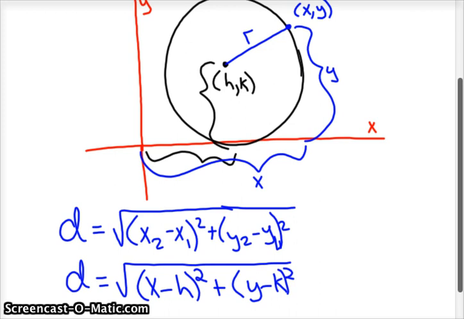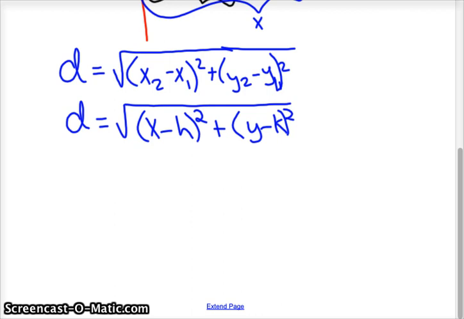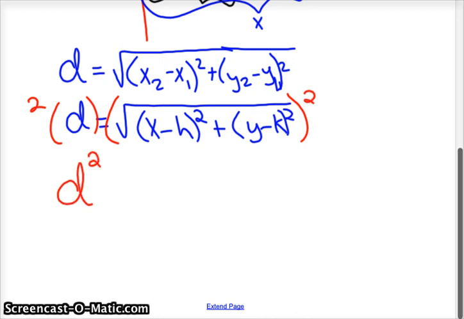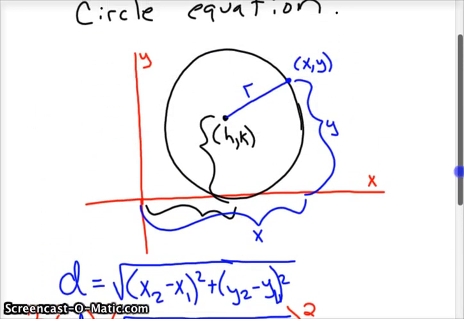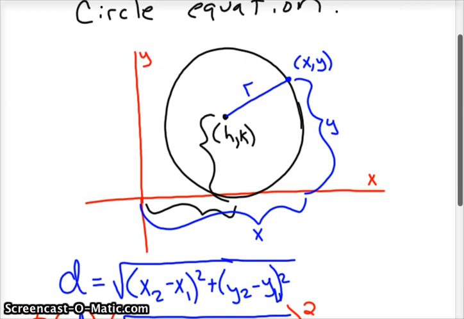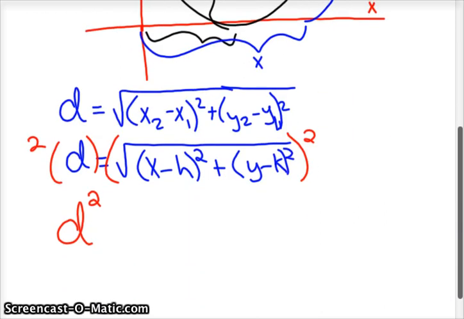And then, like we've been solving those radical equations, we need to square both sides to eliminate the radical. And now, lo and behold, we have d squared, or excuse me, I messed up. I should have plugged in that the distance between the two points is r. So instead of d for distance, we need an r there for radius. And so when you plug in the radius, you get radius squared equals